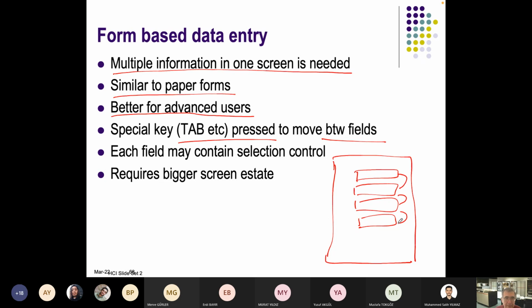Tab key must work because you are using the keyboard. Each field may contain a selection control. So, for example, you move to a field and the field has 3 radio buttons. So when you move to this field, spacebar should change between these radio buttons, and then tab again, you move to the next field. So tab, tab, tab, spacebar, tab, spacebar, spacebar, spacebar, tab